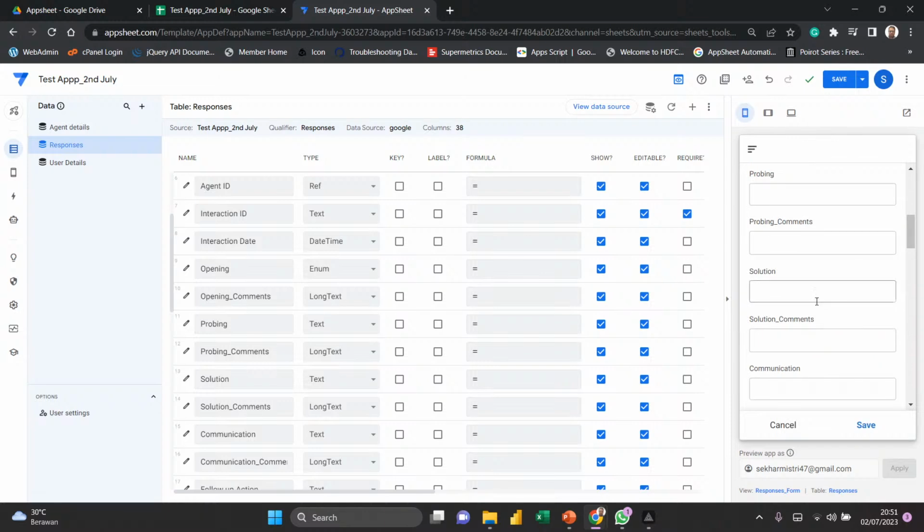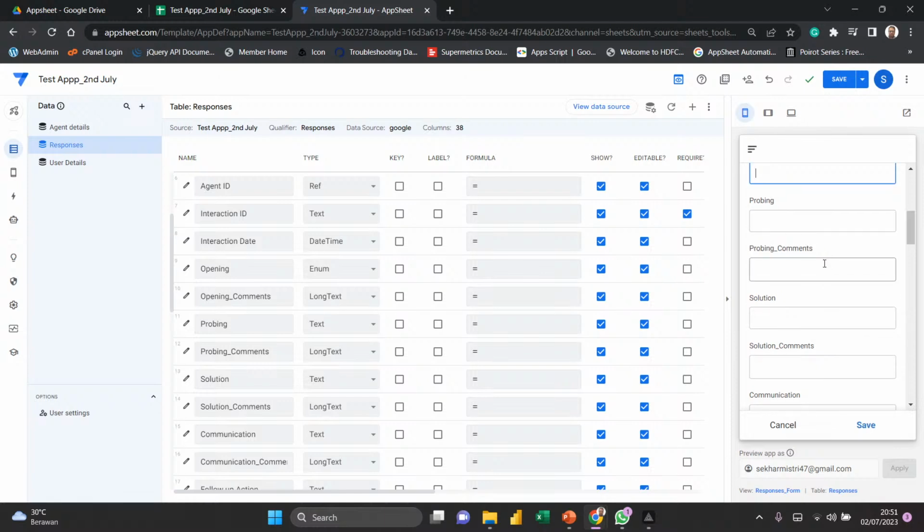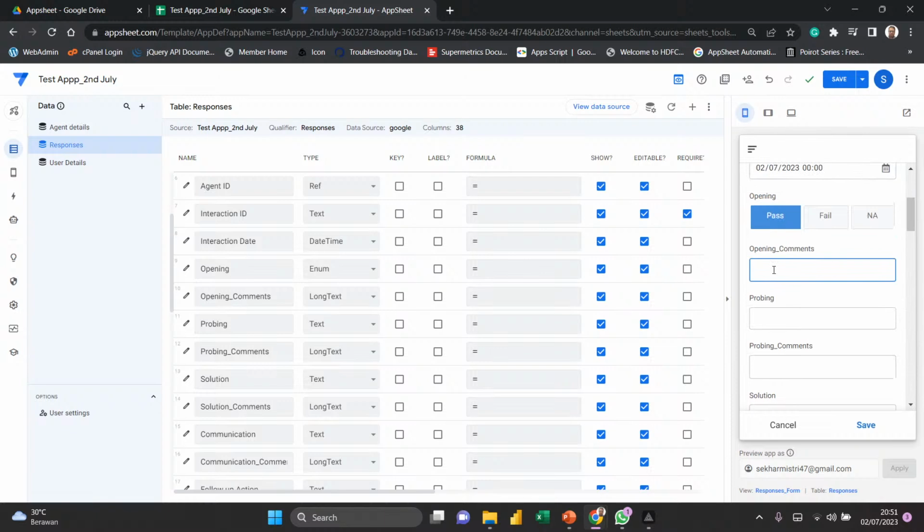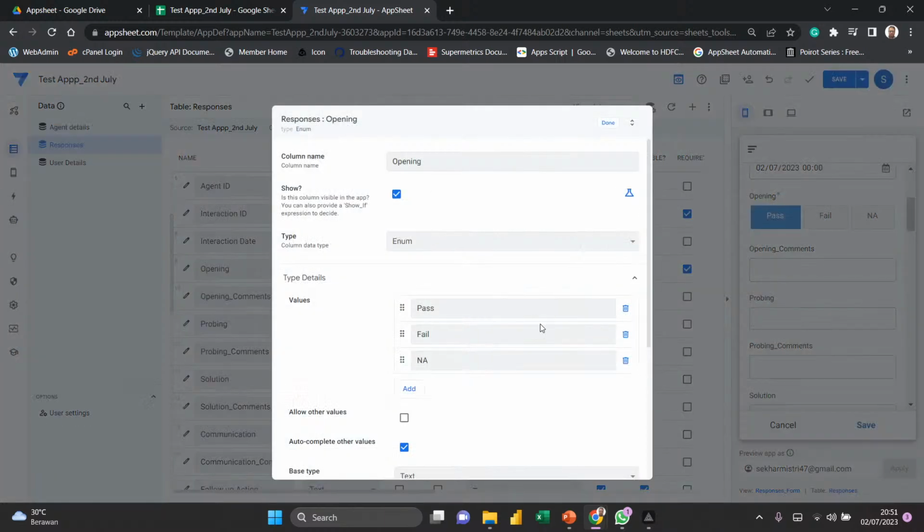So this is what we are going to use. I don't want the user to use these comments every time, so I'm going to restrict the user. First thing is I'm going to make it editable, and required. So I made it required. Opening is required. So now if you see here